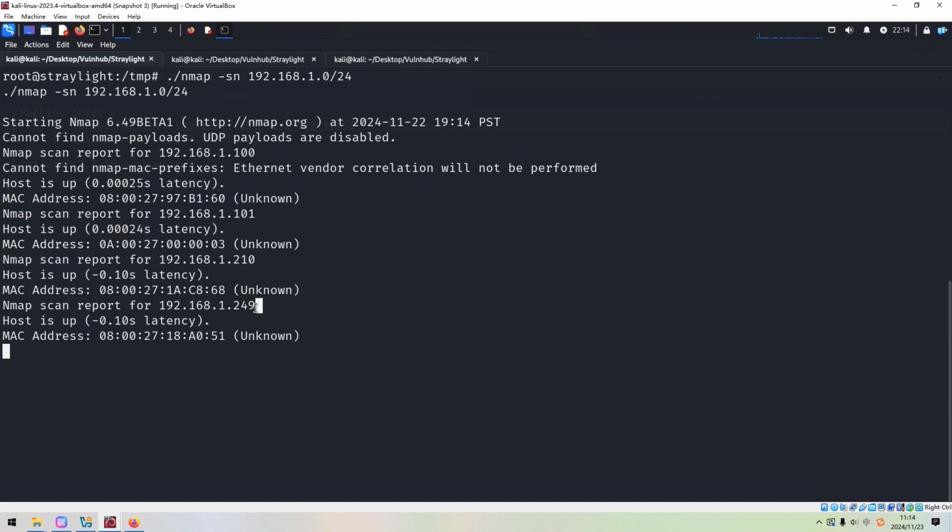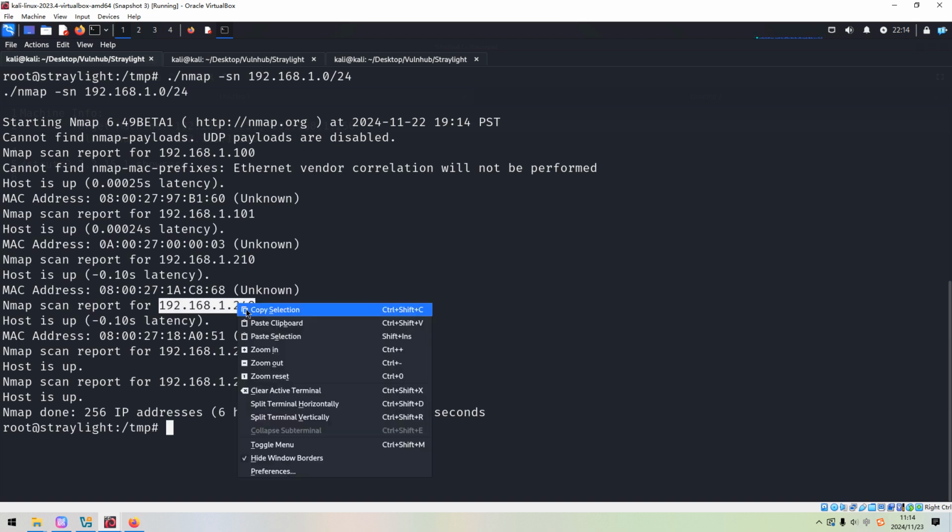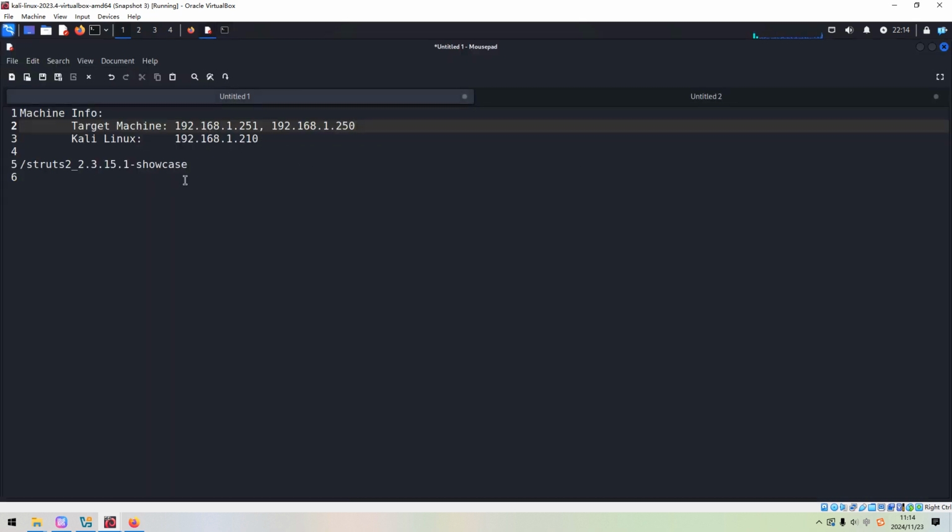And as you can see over here, you can ignore this IP address. This is our Linux, and this is the IP address assigned by VirtualBox to the virtual switch. Okay, so I think this IP address belongs to the second machine. We can note down such information to our notebook.